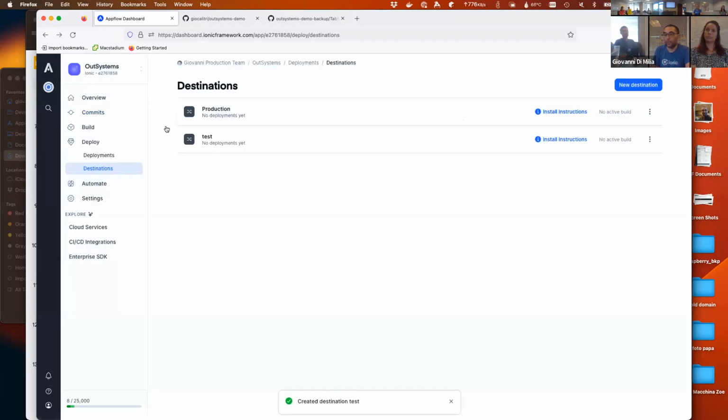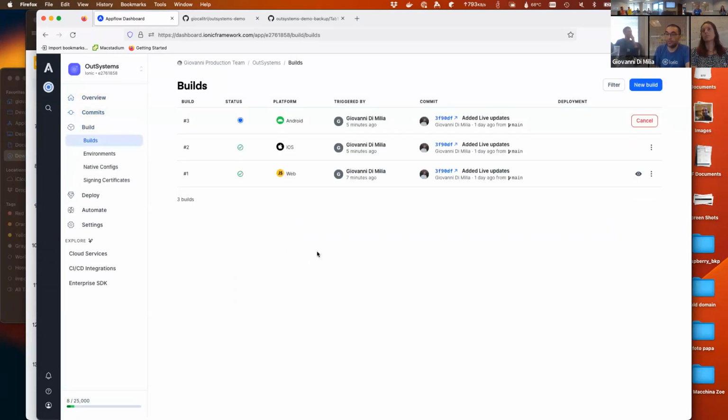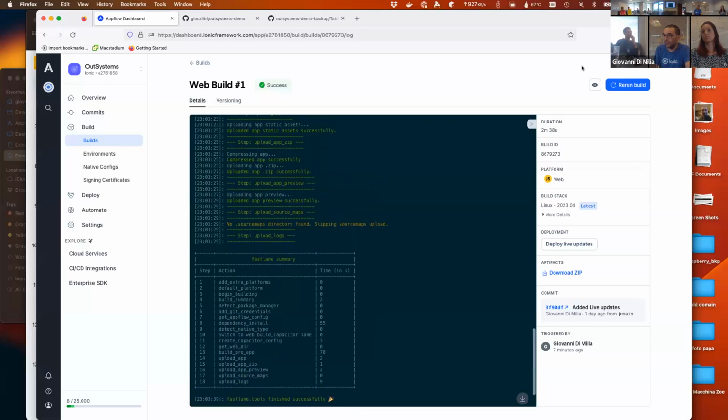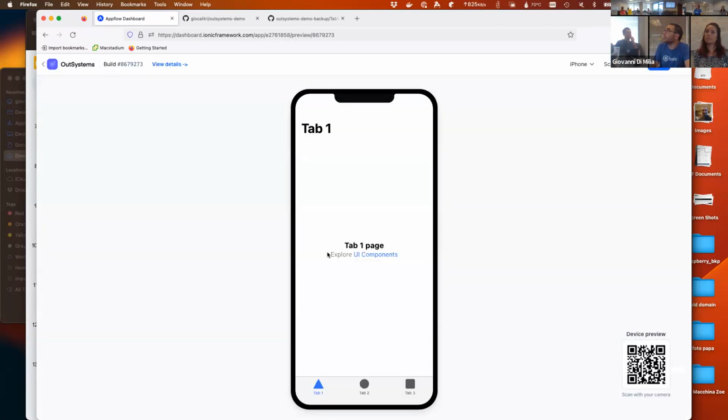For example, we created a test channel. In the meantime, this has built, and this is a web build. What we can do with any web build, because they are web assets, is see how it would look on the phone. If you have a phone on you, you can just scan that QR code and it would literally run.